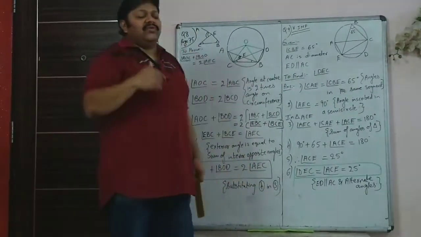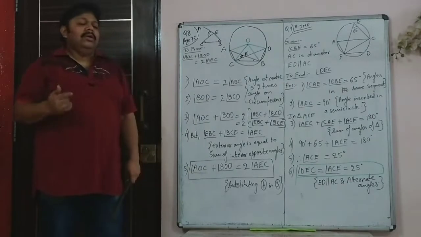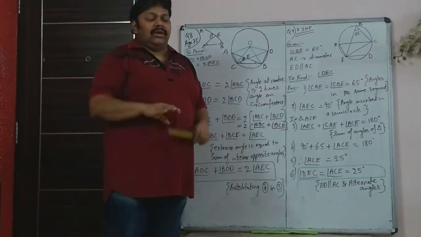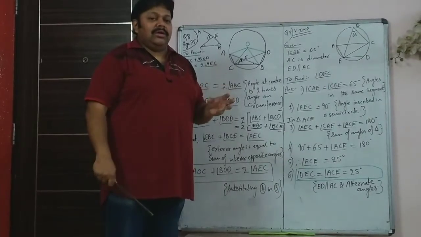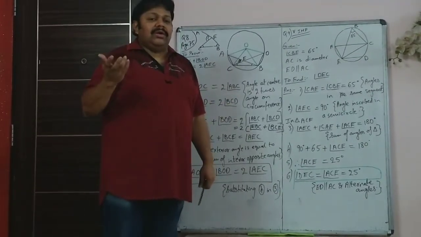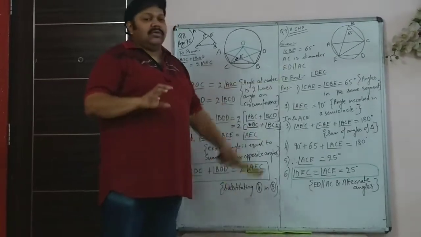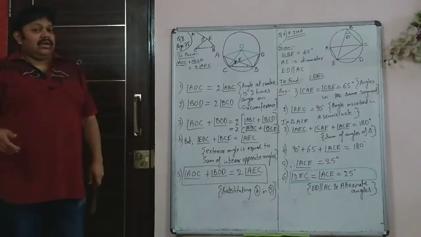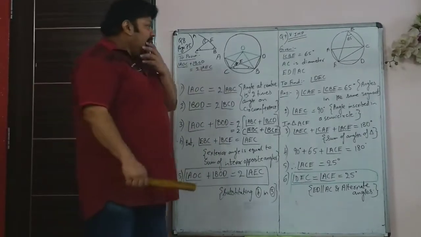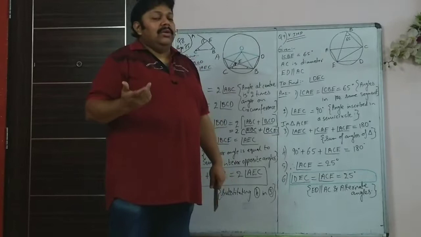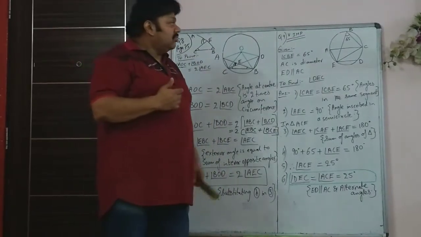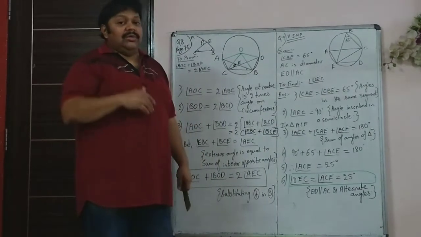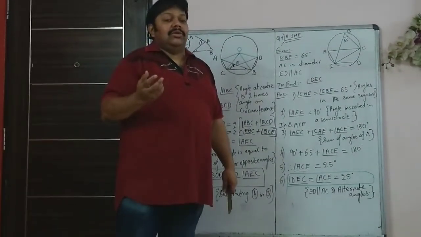How many sums of circles may come in your board exam? Maximum 3, generally minimum 2. Two sums are usually there. One is from the first topic, that is circles, and one is from the tangent part. Usually sums with only numerical values are asked. Prove-that sums are very rarely asked. Which section, 1 or 2, it comes in, there is no guarantee. Sometimes it comes in 1, sometimes in 2.